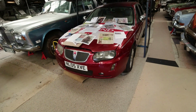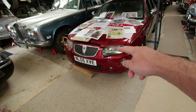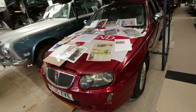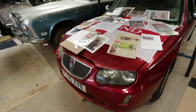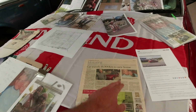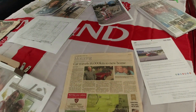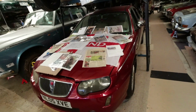Another British car here is this Rover 75 diesel. As you can see, it's of the final facelift shape. This is what they came up with to try and refresh the car during the last days of MG Rover, and the owner wanted it to go to this museum. So that's Ian, who has sadly passed away, who owns this museum, and that's Brian, who sadly passed away and donated this car. So it was donated from the other side of the world,